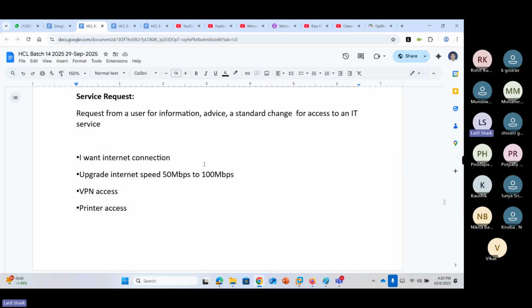For example, I want VPN access. So what is the purpose of VPN? From my home or from any other network, I can connect to my organization infrastructure and access it, just like how I connect from here to my servers.